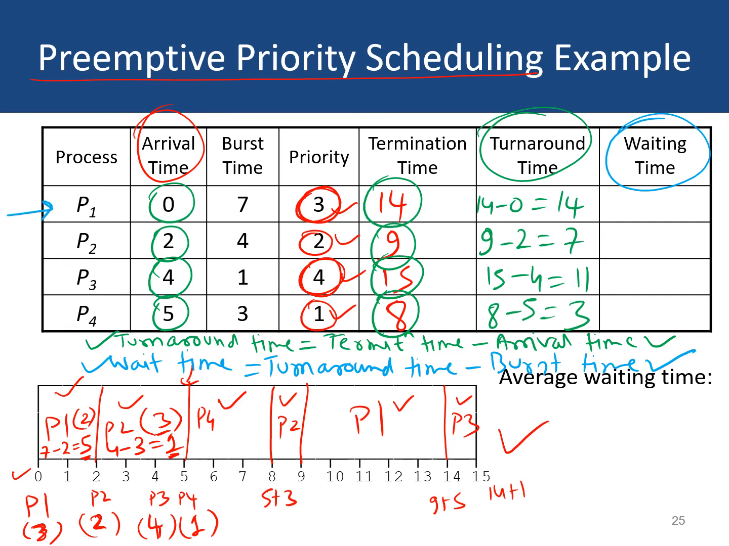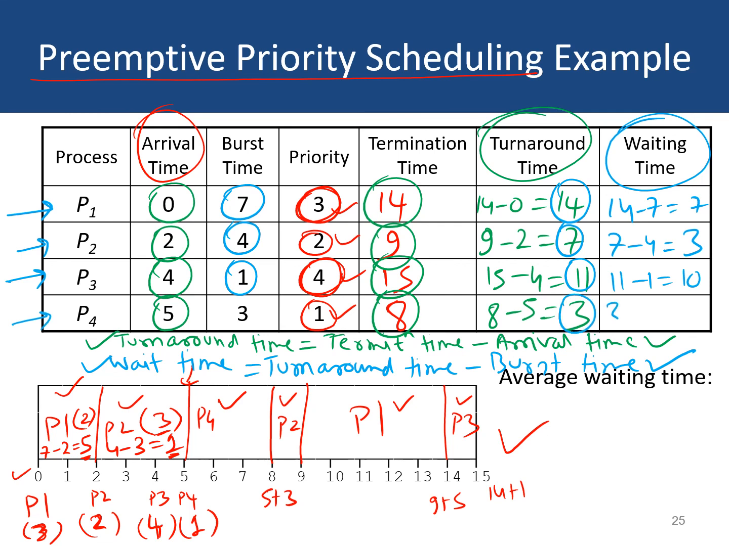For process P1, the turnaround time is 14 and the burst time is 7. So waiting time would be 14 minus 7, 7 milliseconds. For process P2, turnaround time was 7 and the burst time was 4. So the waiting time would be 7 minus 4, 3. For P3, it would be 11 minus the burst time 1, which is 10. And finally for P4, it would be turnaround time 3 minus the burst time 3, which is 0 is the